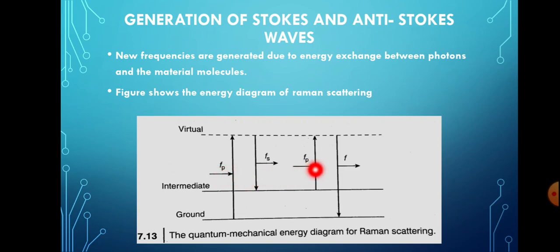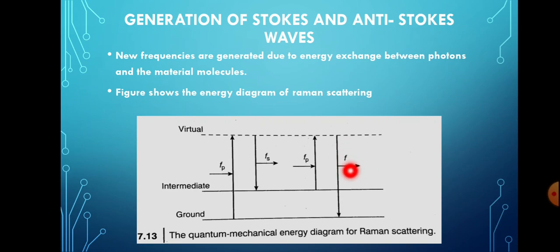If that pump energy is absorbed by the carriers or electrons in the intermediate level, they will go to a higher energy level, that is a virtual level, where they are not stable, and they will return to the ground level, so that they will emit a photon. Since they are going from a higher energy level to the ground level, the excess energy is released in the form of a photon, and that photon corresponds to a frequency Fa,